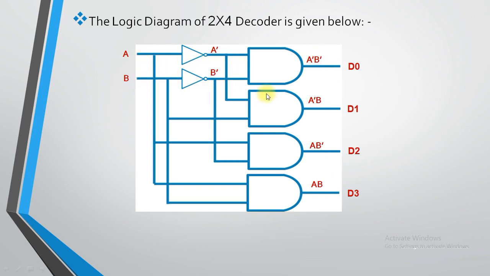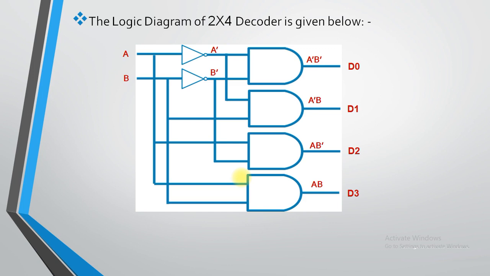For attaching a cable, you need to take care that if a complemented value is passed, at that time you can take the cable from this side. And if the direct value needs to be passed, you need to take it from the left-hand side of the NOT gate. This thing you need to take care of.